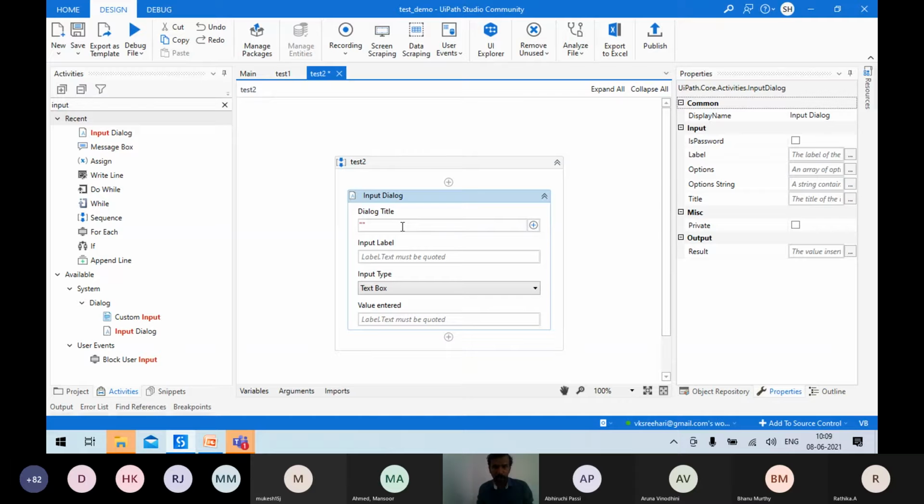The dialog title will be displayed at the top of your dialog box. So you can type it as enter name. Then you go to the next box, which is the input label. This is the message which will be displayed on the screen. So we'll just type it as enter your name.